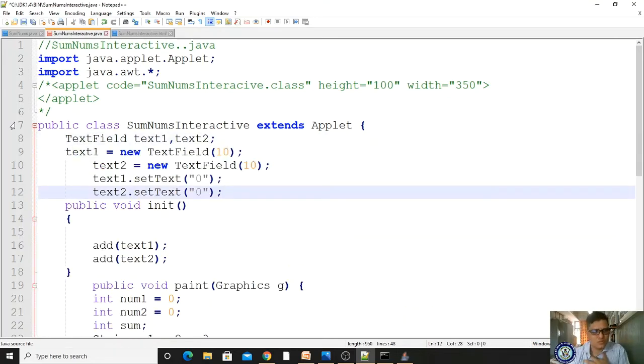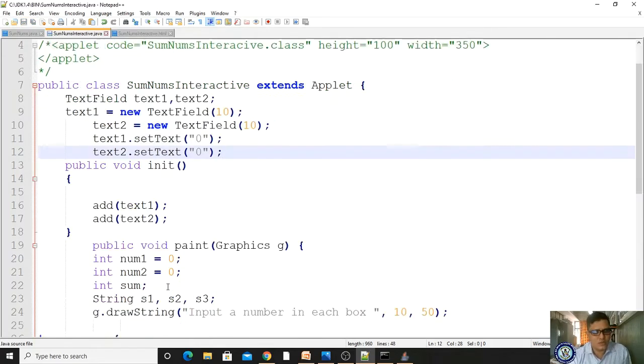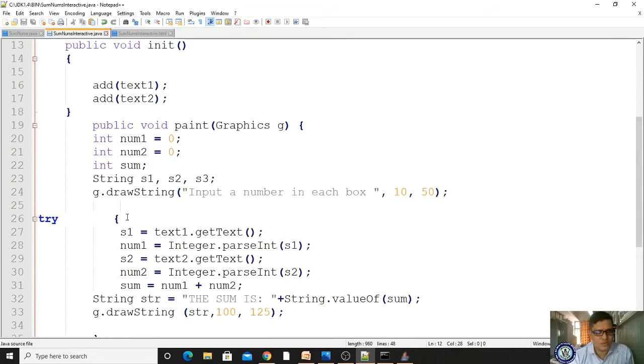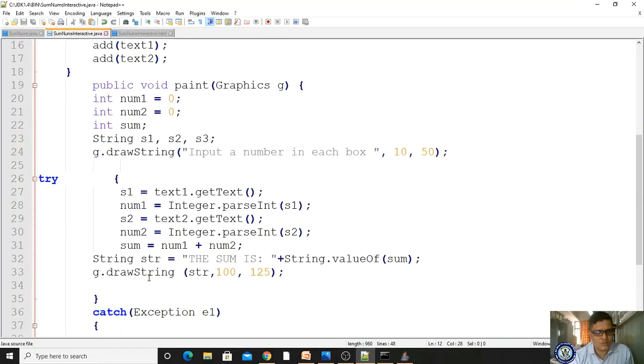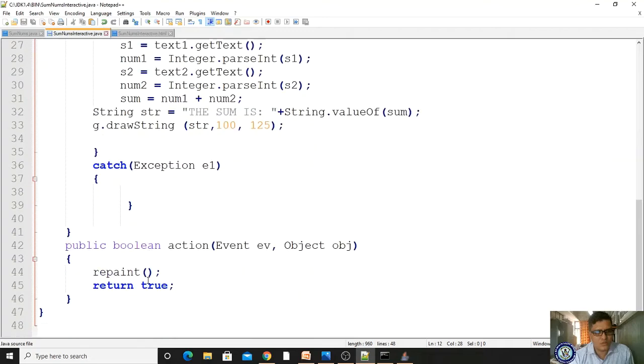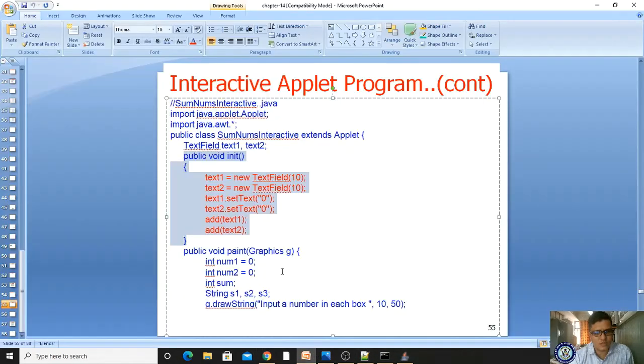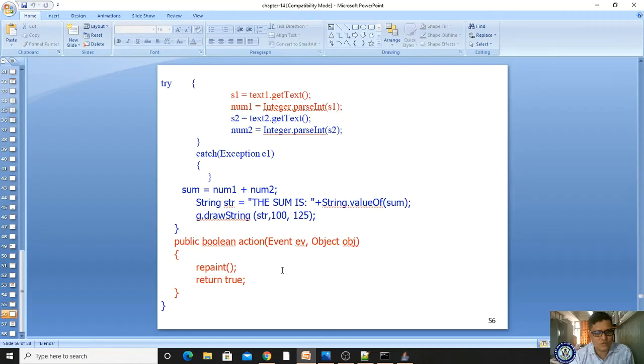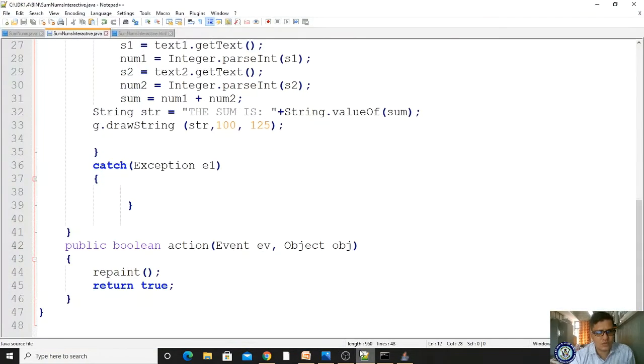The same thing. It is correct actually. Public boolean action. Public boolean action, an event object we are taking. Repaint is true. It is correct. We are doing the right answers only.